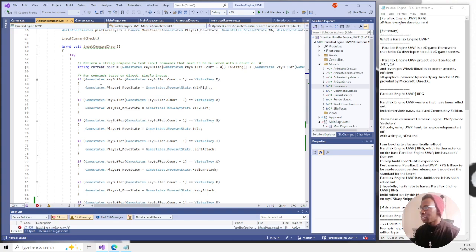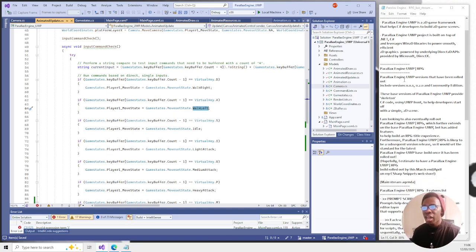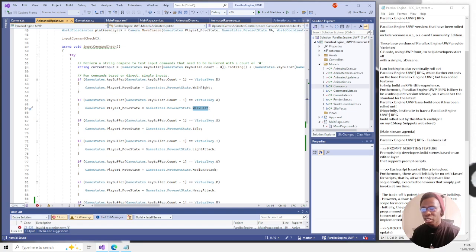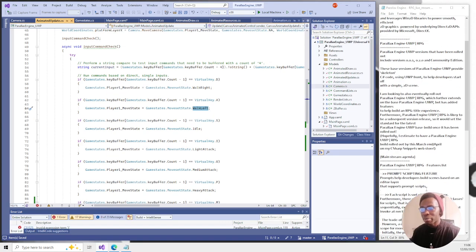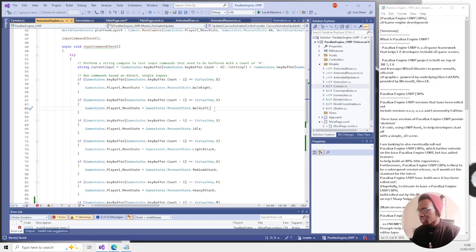So like if the game state, or if virtual key is D, then I walk right. If virtual key is A, then I walk left. And I'm really encapsulating these functionalities of moving left and right via these enumerated lists. So like game states, move state. It just makes it easier to program this on top of this engine rather than me relying on magic numbers. I actually highlighted in my notes that I was relying on magic numbers, and I really need to eliminate magic numbers. Anyway,